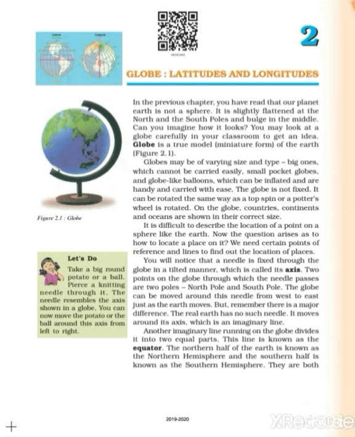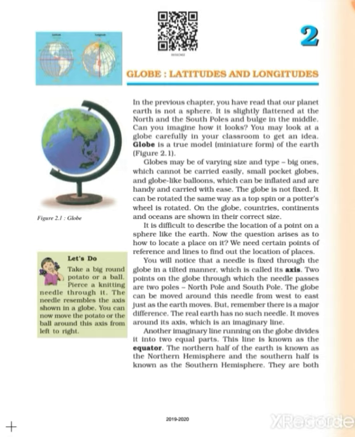Globe is a true model of the earth, a true miniature of the earth, and the shape is oblate spheroid. It is not spherical in shape, students. You can say oblate spheroid or geoid shape, right? To make it easier, just understand the shape, that is geoid. Geoid shape is defined as flattened at the poles and bulging in between. That is the true shape of the earth.